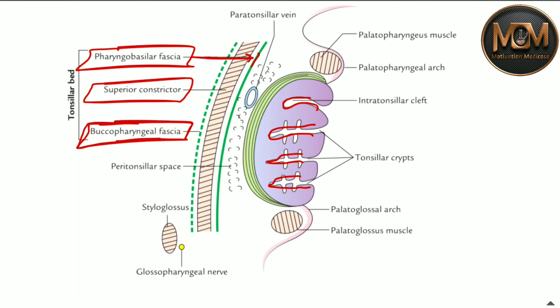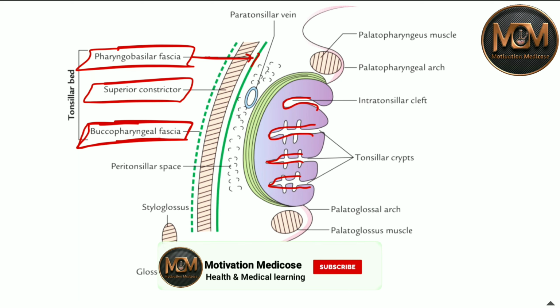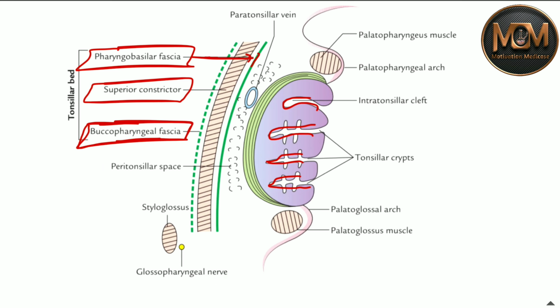So these are the crypts present in the medial surface of the tonsil, and as the tonsil has a defense mechanism, they basically prevent any foreign thing from entering. So these things are going to be trapped in these crypts. This first crypt, you can see, is a little larger, and its name is the intratonsillar cleft. So why is it bigger, and why are we calling it separately?